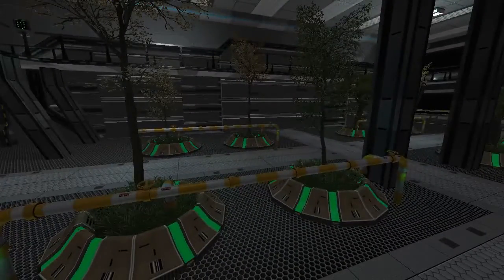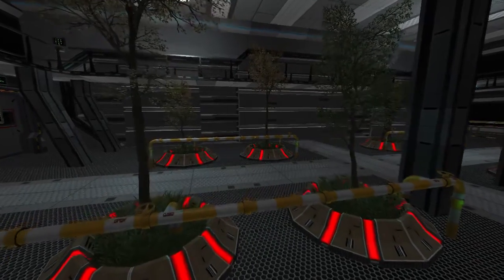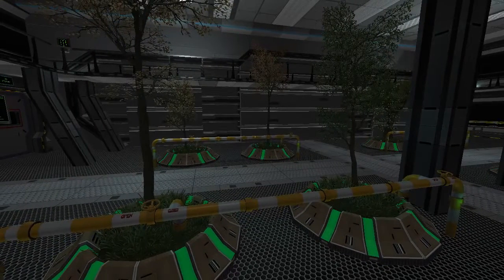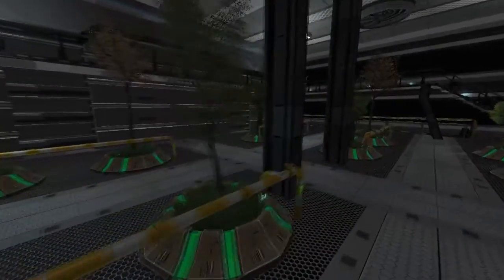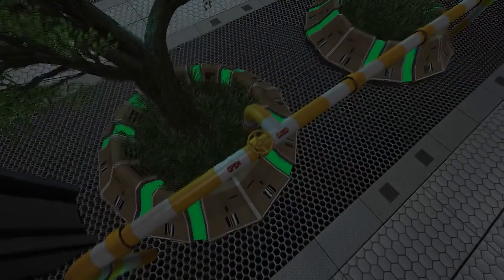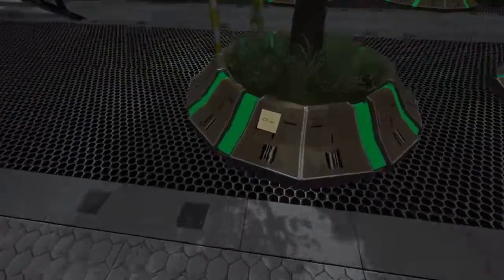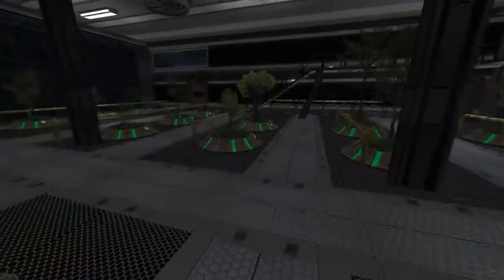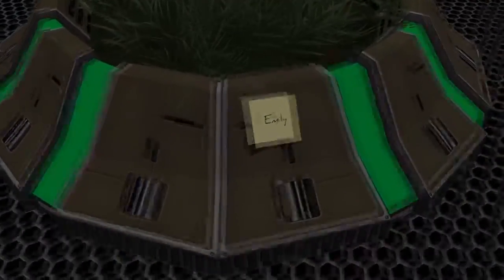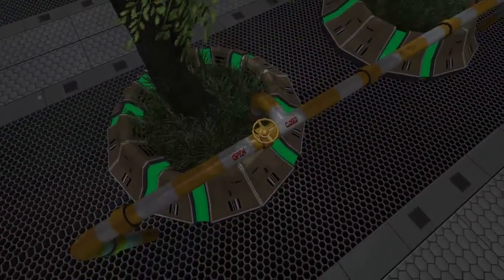Start burning those plants until they open up the lounge. Revolt until the lounge is open. Let's see. Both these are working. Well, this one wasn't working, was it? There's a sticky note here. Sophia. Actually, they all have sticky notes, don't they? Oliver. Huh. I didn't notice this till now. Emily. I swear one of them wasn't working, but...